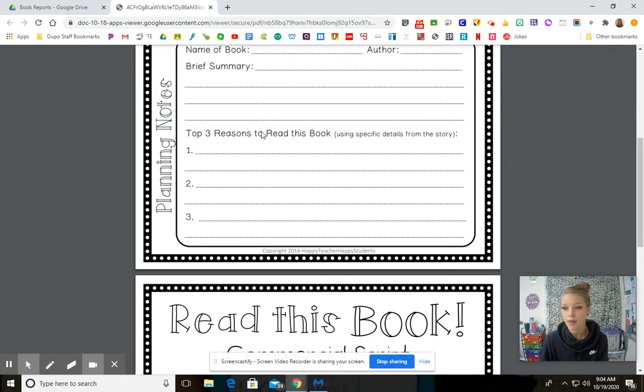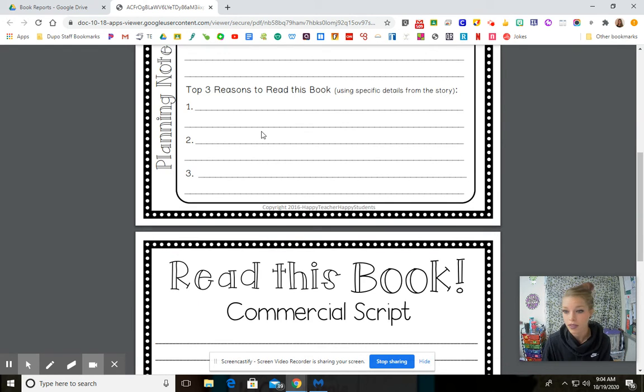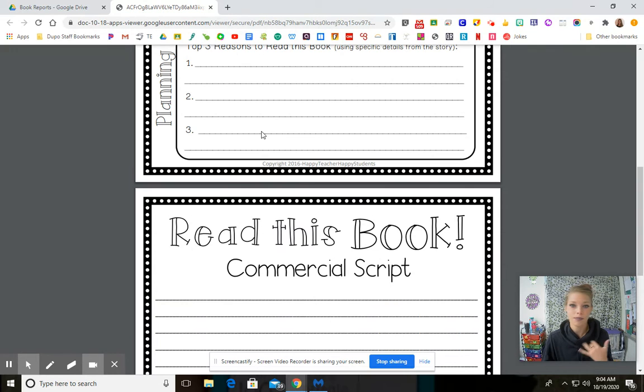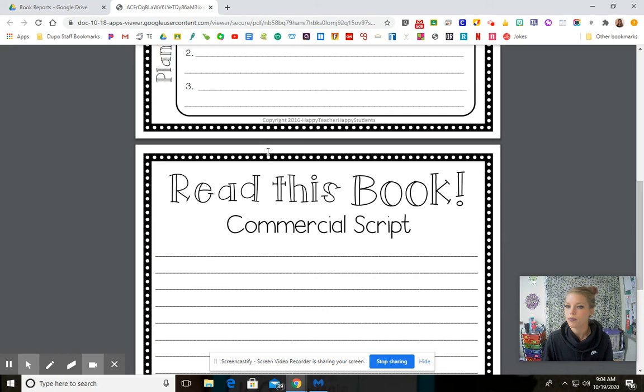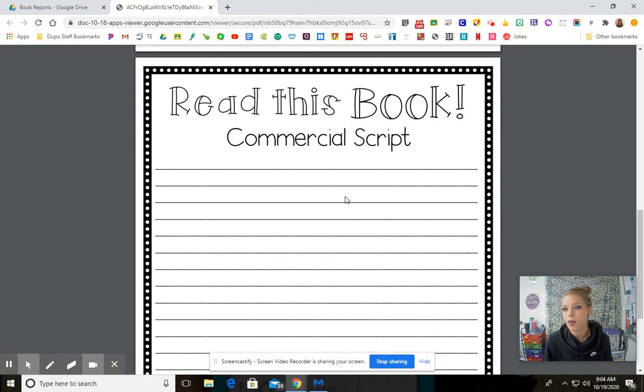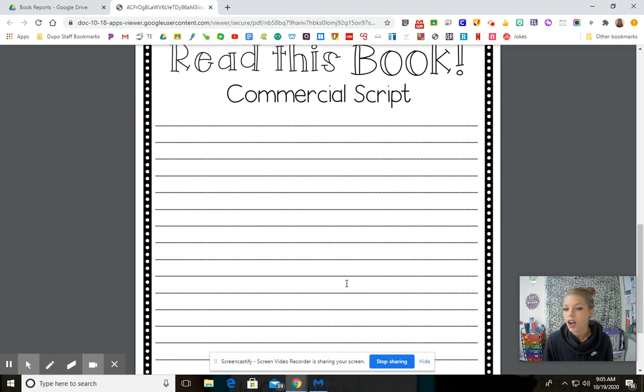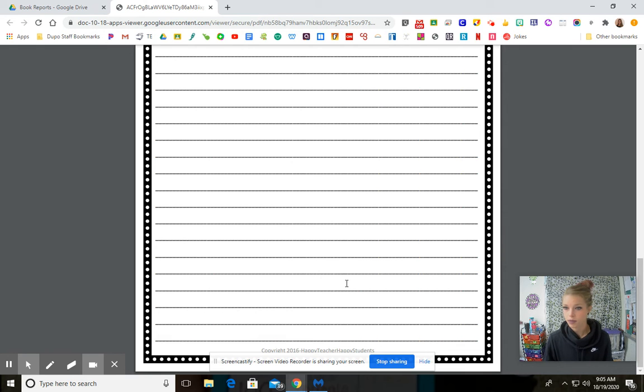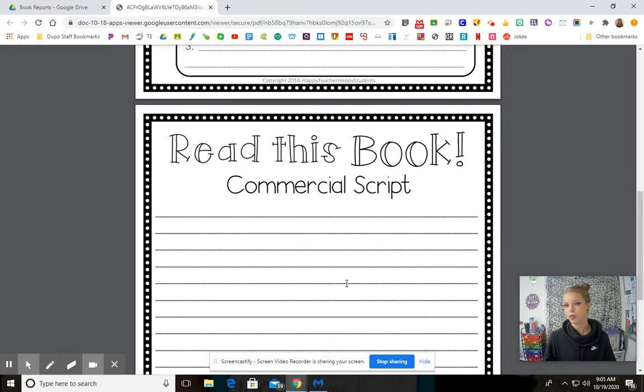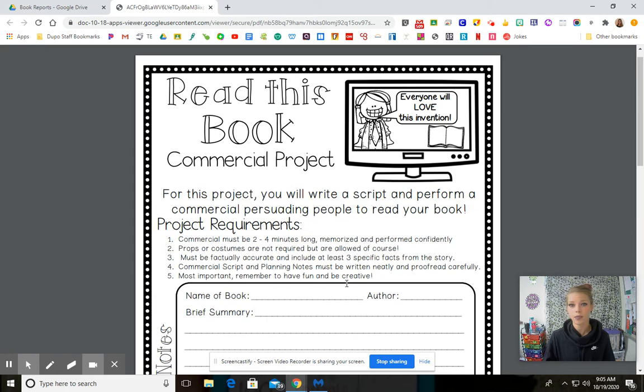Okay, so there was my brief example. I literally just made that up on the fly. Didn't really practice it, didn't plan anything out. So you should obviously do a little bit better and take more time. Here's a piece of paper where you can plan out what you want to say, or you can do it on your own paper and then present it at the end. So you can literally do this at any point in time once you finish your story. It'll literally take you probably 5 minutes to prepare it, to plan it, maybe a few minutes to practice it, maybe over multiple days, and then 2 to 4 minutes to present it.